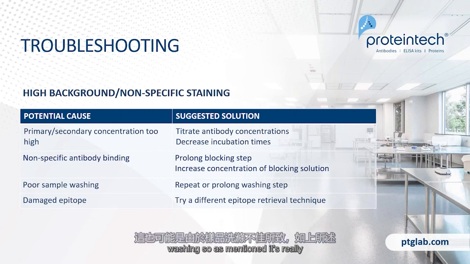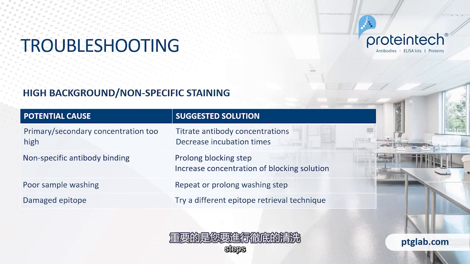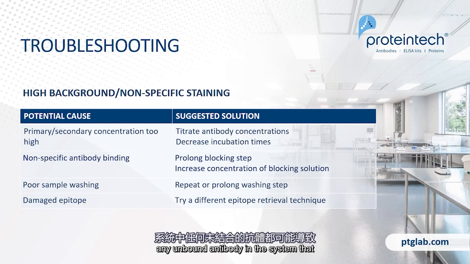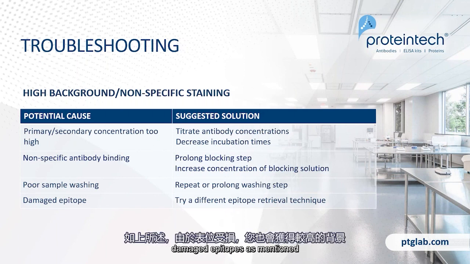So as mentioned, it's really important that you have thorough washing steps following blocking, antibody application, primary and secondary, as this removes any unbound antibody in the system that could be causing further signal, especially the high background signal. You also can get high background due to damaged epitopes, so as mentioned before, try a different epitope retrieval technique